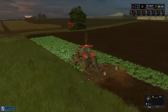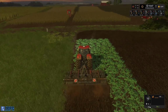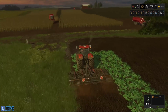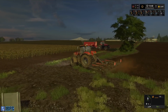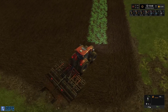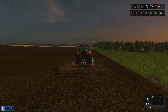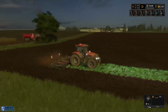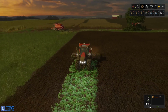We've already done a large chunk of the field. We've weeded our grass field that we mowed and baled yesterday. We've also cultivated two fields of oilseed radish into the ground, and these two fields are now both ready to be left alone until the spring when we can plant new crops. We'll still need to do something with that field there. We could run the